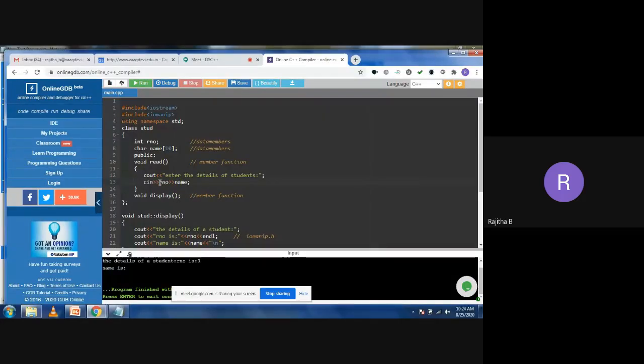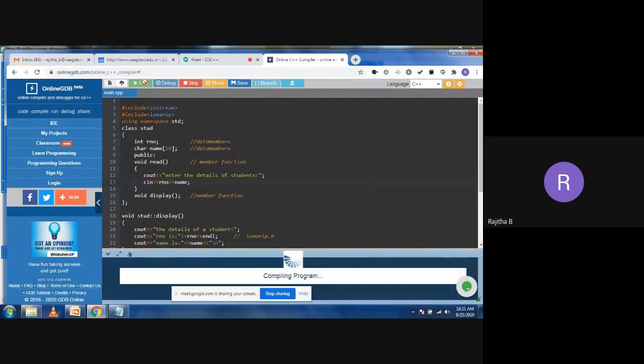So first, what type of data memory are you taking? Roll number or name? As per that, you need to give the input. If you are taking the roll number first, give the roll number input first. When you are taking the name first, you need to give the name as the first input. If you do it the reverse way, you simply exit from the program. So as per the instructions, you need to give the input also. Now again, try to run this program.